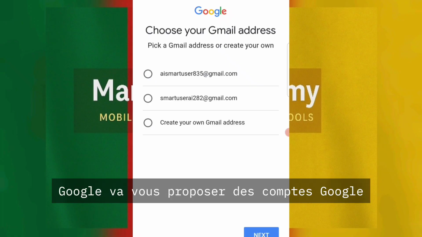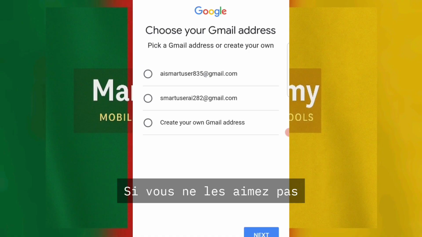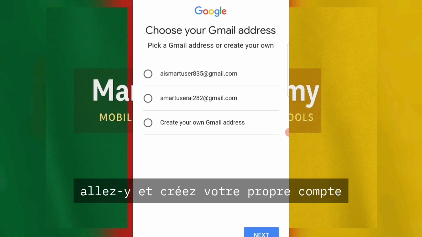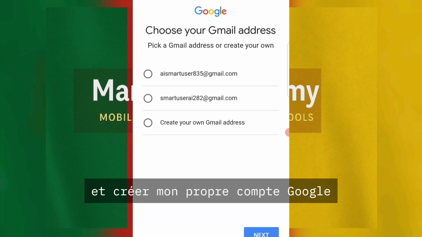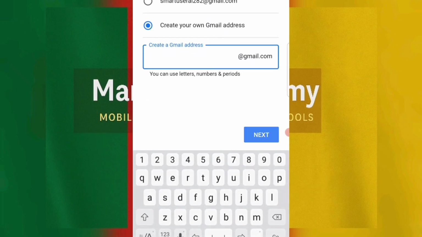Google is going to propose some Google accounts. If you like them, you choose one. If you don't like them, you can go ahead and create your own. So for me, I will go ahead and create my own Google account. You click on the third option. I will just